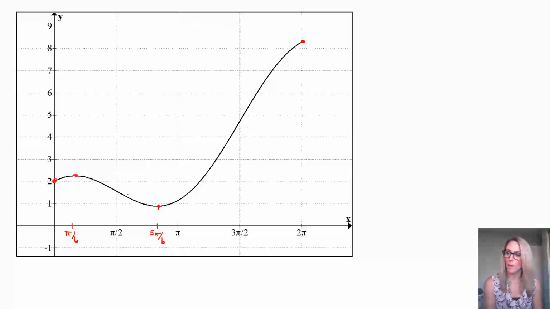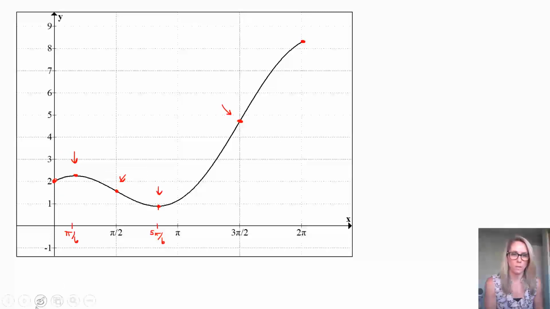We also found that at pi over 2, which is about 1.7 or so, that was a y value. That's a point of inflection. That's here, about that 1.7 right there. And then there was another point of inflection, 3 pi over 2, 3 pi over 2. So that's right about here, almost exactly. So those are our points of inflection, here and here. We have our relative max here. We have a relative min here.